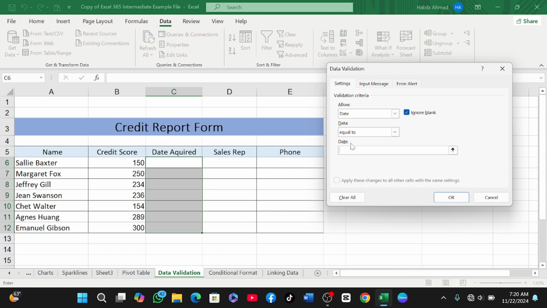I want it to be today's date, but if I write a fixed date for today, it will only require the person to enter today's date, which is today. If it is tomorrow, it will not accept tomorrow's date. Now I want it to be very automatic, so that even if it's tomorrow, that date should be entered. So I can say is equal to